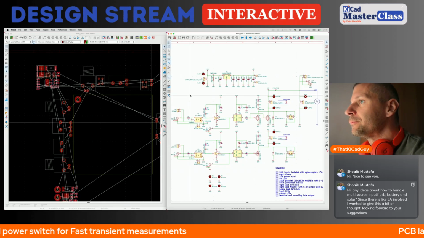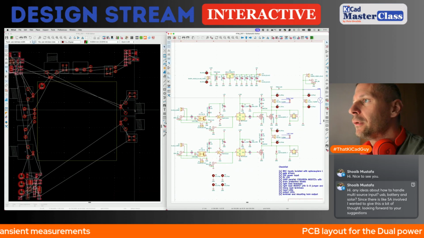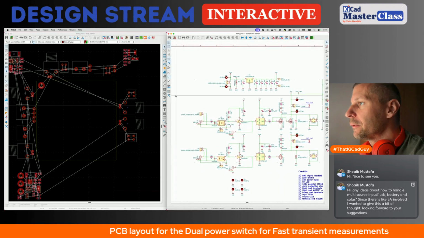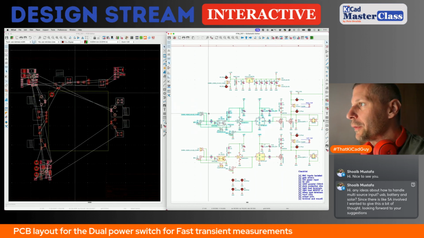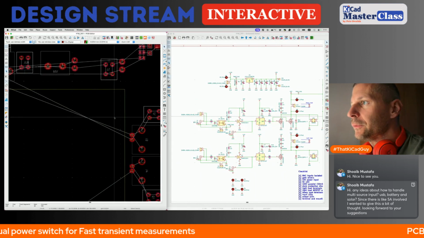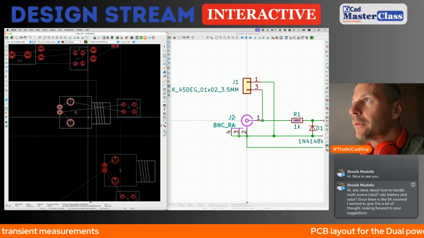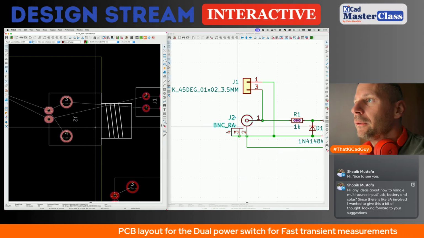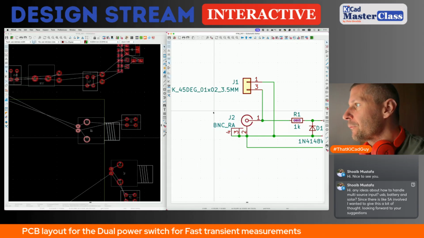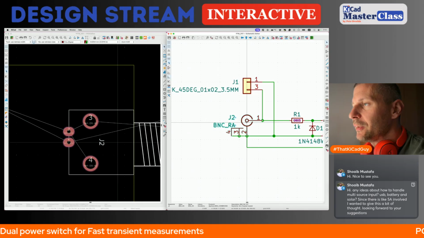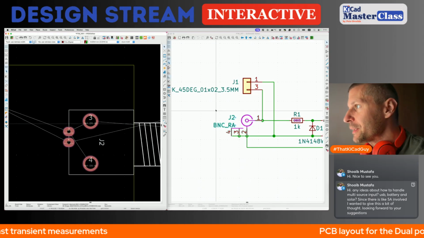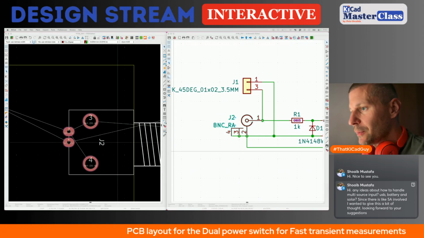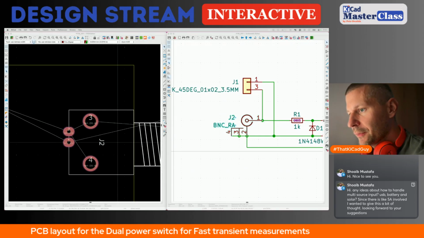So let's start with the input for the heavy load, like channel 1 input. It's a BNC, so I think I can place the BNC not at the edge. I think I can place it like when the body overlaps the PCB. Let me check the